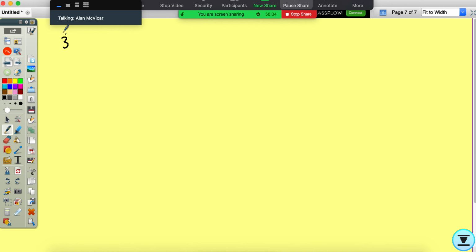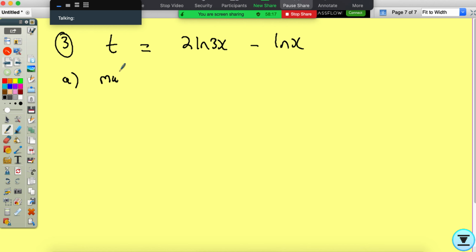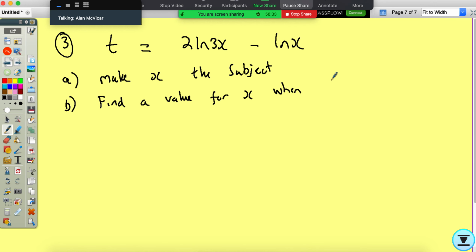So, as I say, t equals 2 ln 3x take away ln x, make x the subject, find the value for x when t equals 3.72, and then 4, L equals